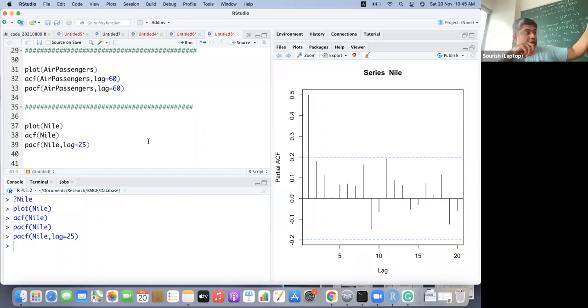Because if the last time point it was high, I can make an educated guess that last month or last day it was very bad, so this time also it was very bad. It's like, okay, yesterday it rained heavily, today also it will rain some, if not heavily, right? So this kind of thing.